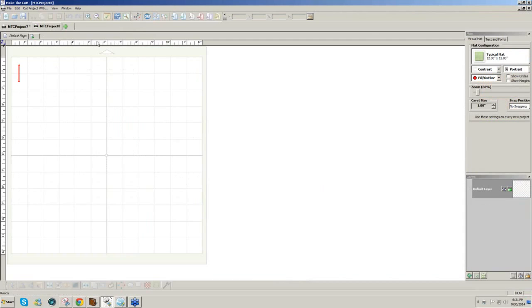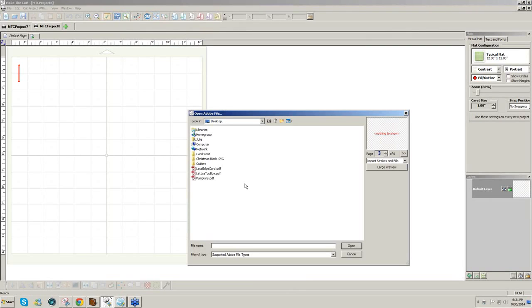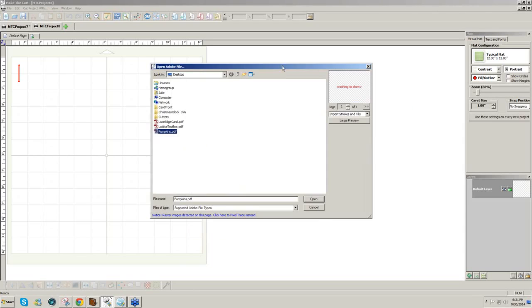So if I go to a new page here and I click on PDF at the top of the page in Make the Cut, I'm looking for the PDF file. I'm going to click on it, and you notice when I click on it, this window says nothing to show. That's because there are no strokes or lines as in a vector file, but there's this blue message at the bottom: Raster images detected on this page. Click here to pixel trace instead. So I click here,